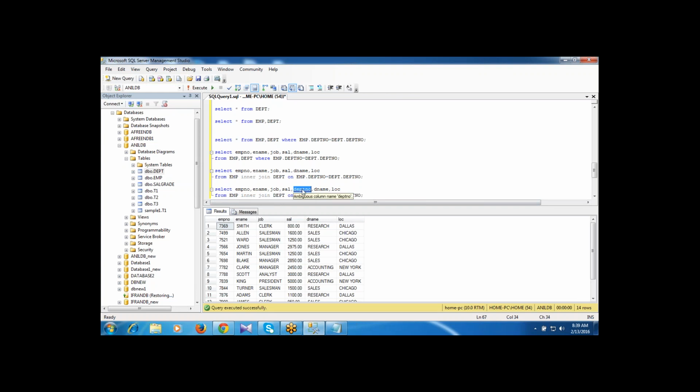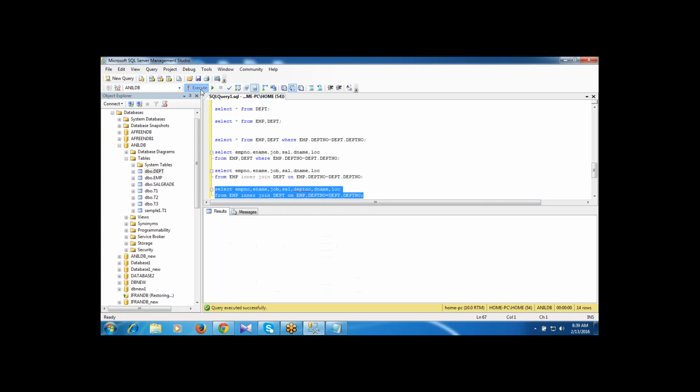So if I'm executing this query, the system shows that the column is ambiguous, because the system will get confused. From where are you getting the department number value? The department number is common to both EMP table and DEPT table. So the system will get confused. Ambiguous in the sense confusion.